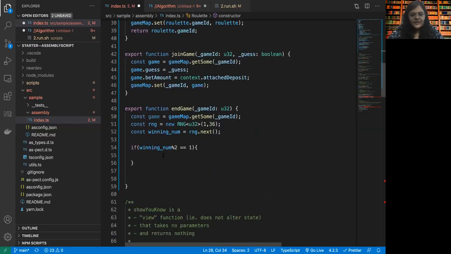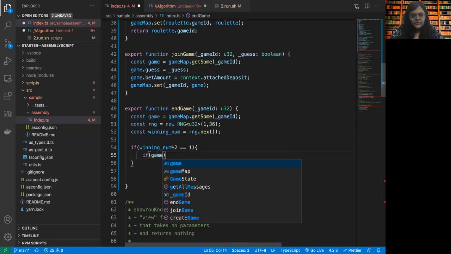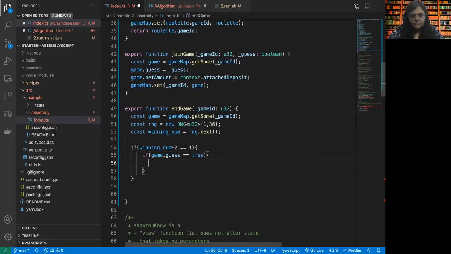So we need to check if the game dot guess is equal to true. Okay, so let's do this. If the game dot guess was false, then we change the winner. Otherwise, we let the winner be.